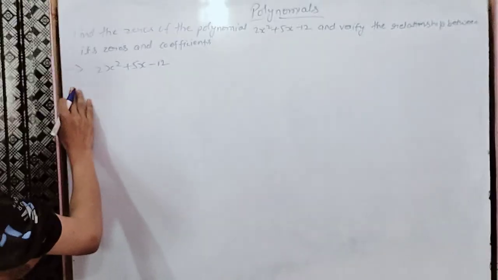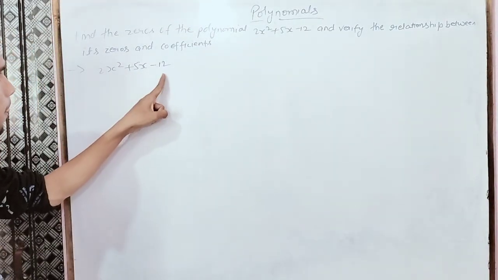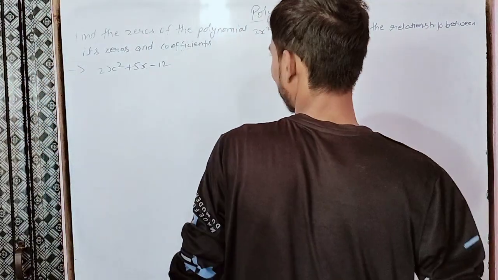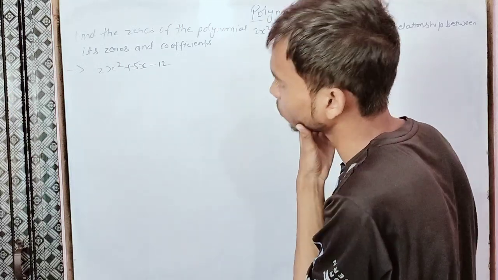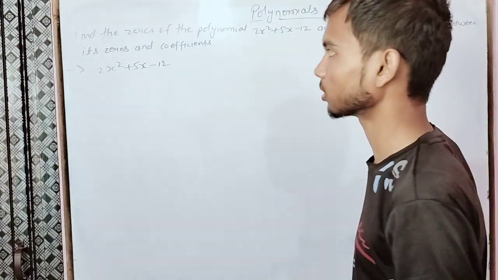So here 12 is not a perfect square, and 2 is also not a perfect square. So here we will use the split method,